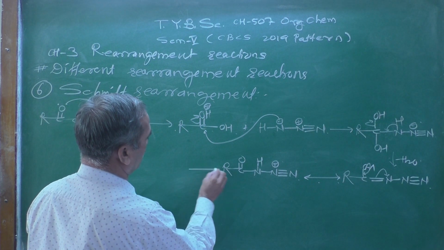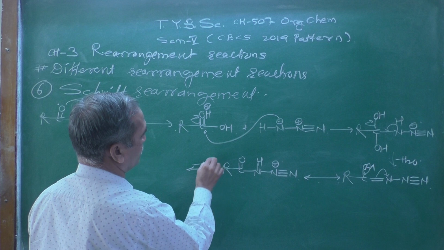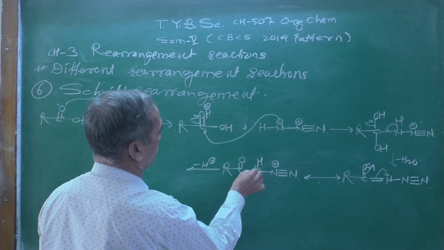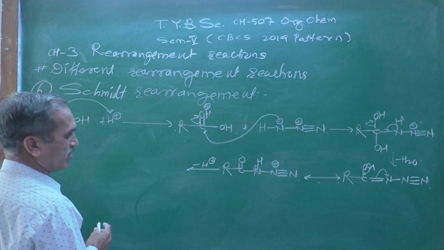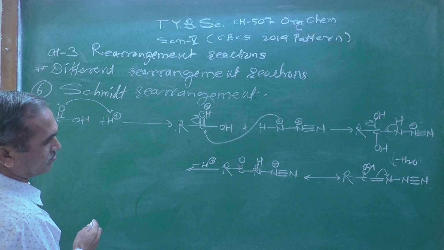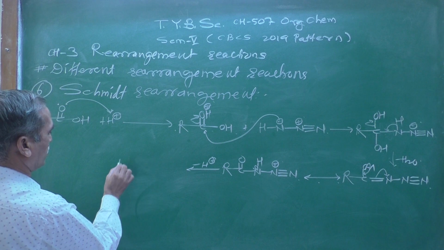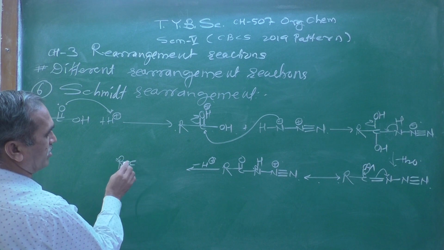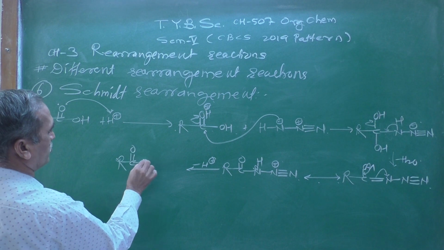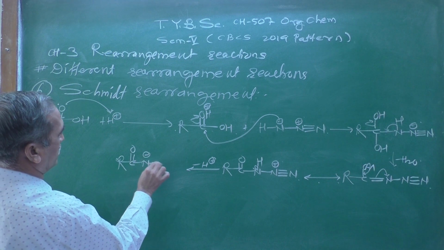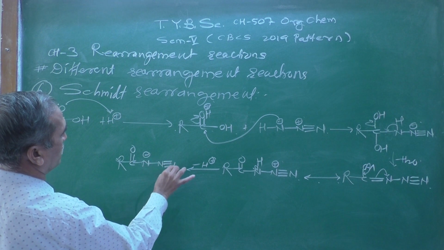Then there is a loss of proton here, leaving its bonding pair on that nitrogen atom, and we will be getting R C double bond O, N minus, then N triple bond N,